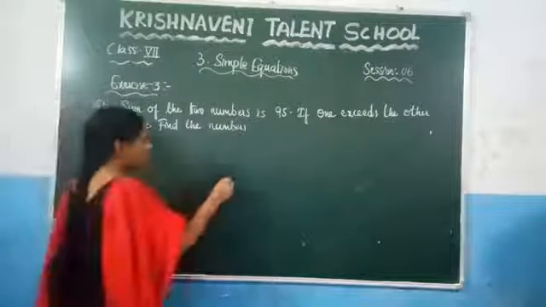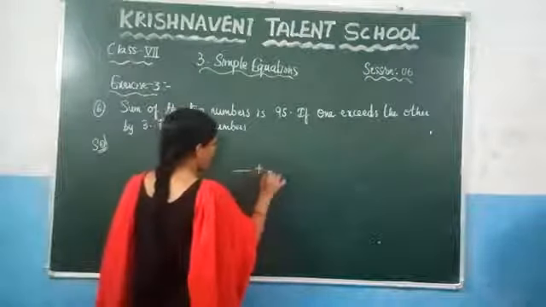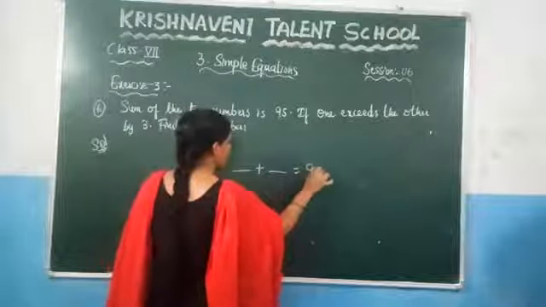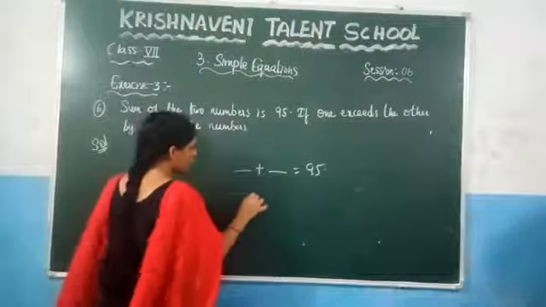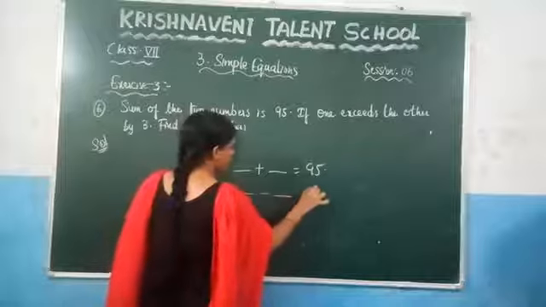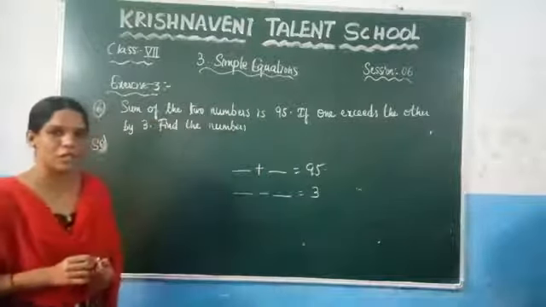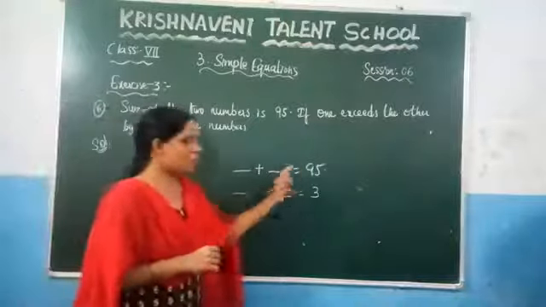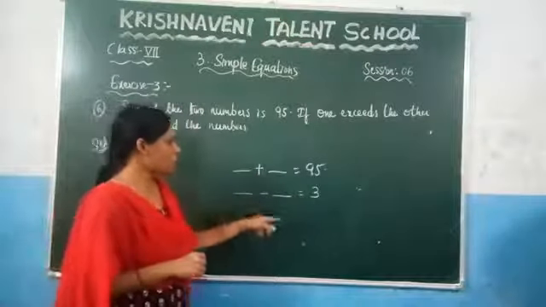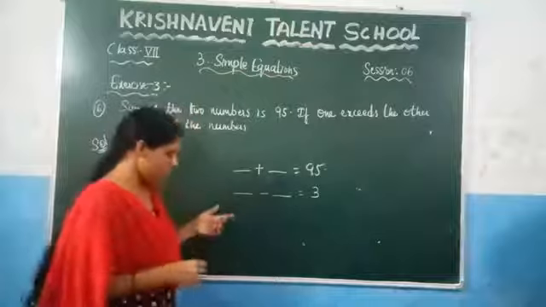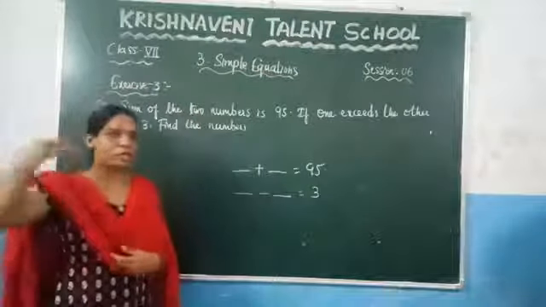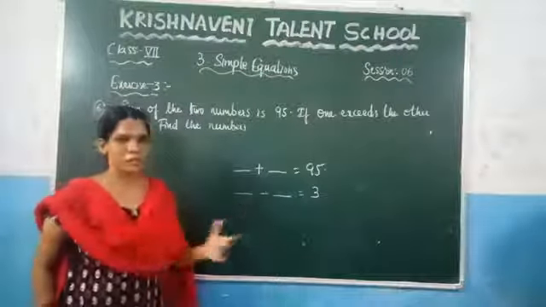Here, let us consider you don't know those numbers. If you add, you have to get the answer as 95. Similarly, if you subtract those numbers, you have to get the answer which is 3. Now you need to find what those numbers are. The same numbers you need to keep here so that you can find those values.